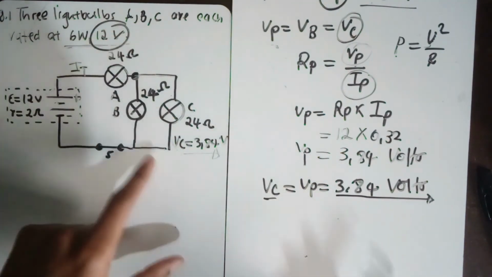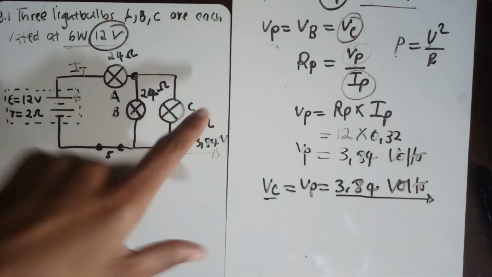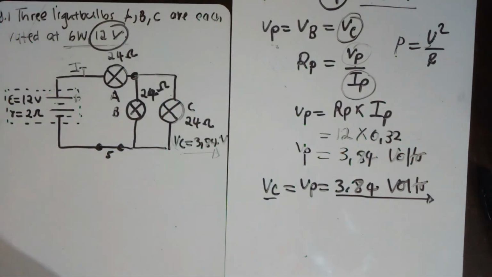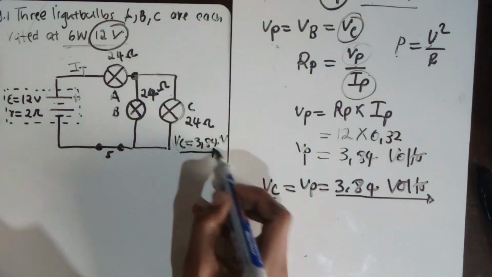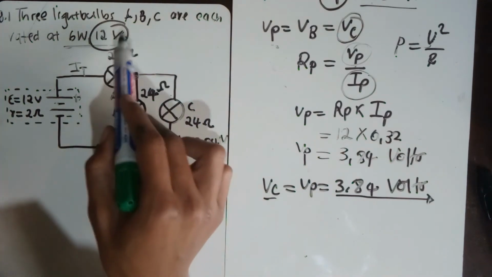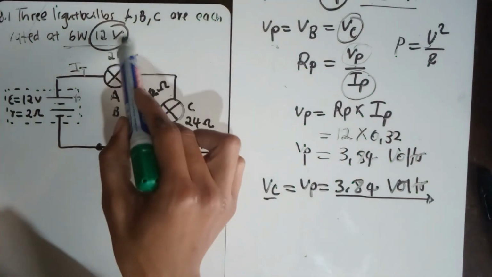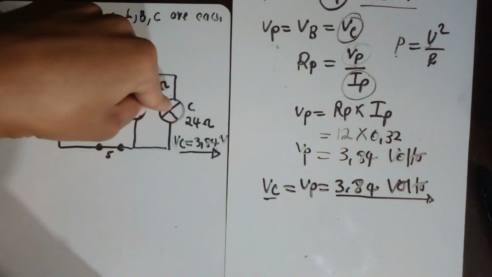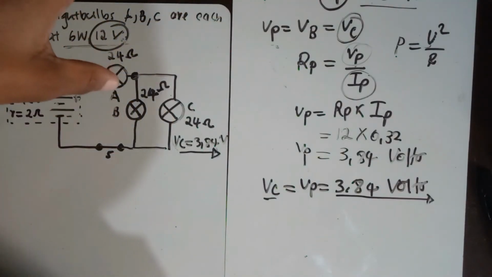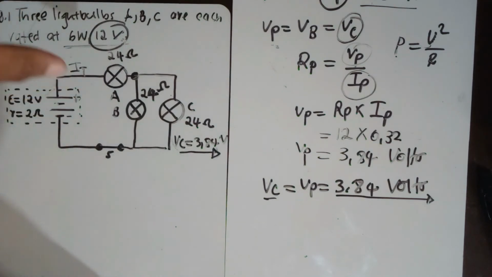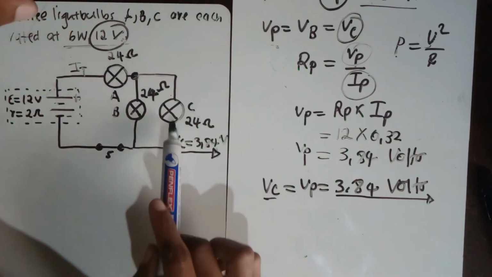It means that this light bulb will not shine at its maximum. The potential difference through this light bulb is less than what the specification said the voltage could be on this light bulb. So that's why it will not shine at its maximum, meaning that the output will be less